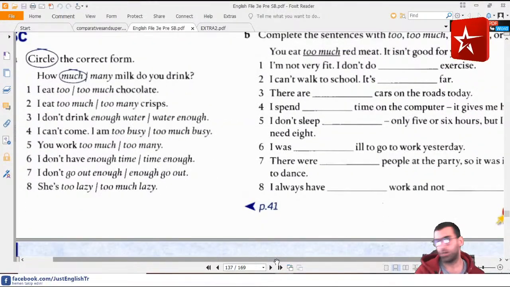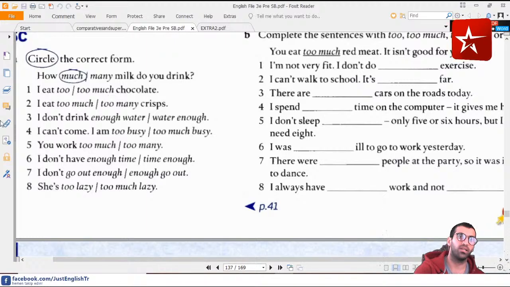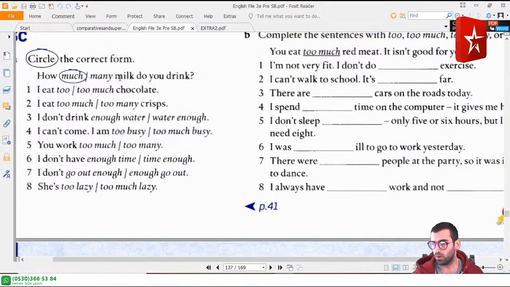If you don't have any question, we can continue with part A. Like we have to circle the correct form. Do you have any question, guys? With this grammar, do you understand? I hope all of you understood it. And I can continue comfortably. Yes, understood very well. Azime says, Minel says, yes, I got it. Great. Okay. So if you understood, let's continue with exercises.